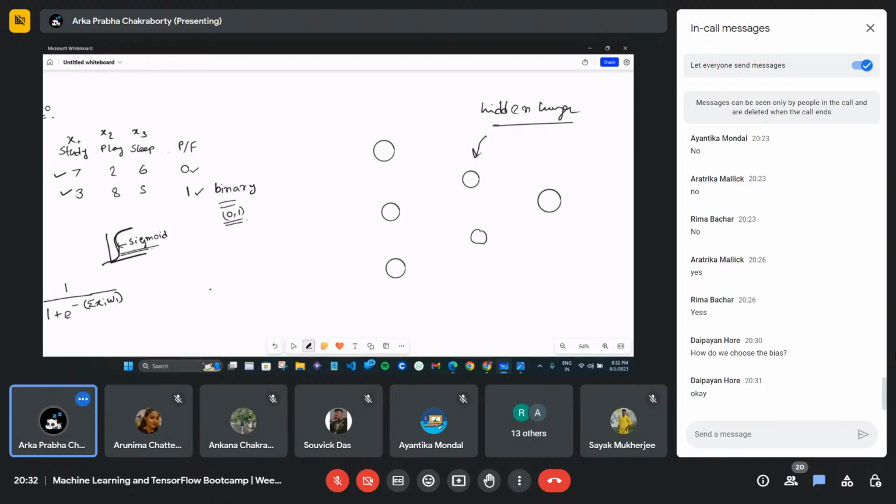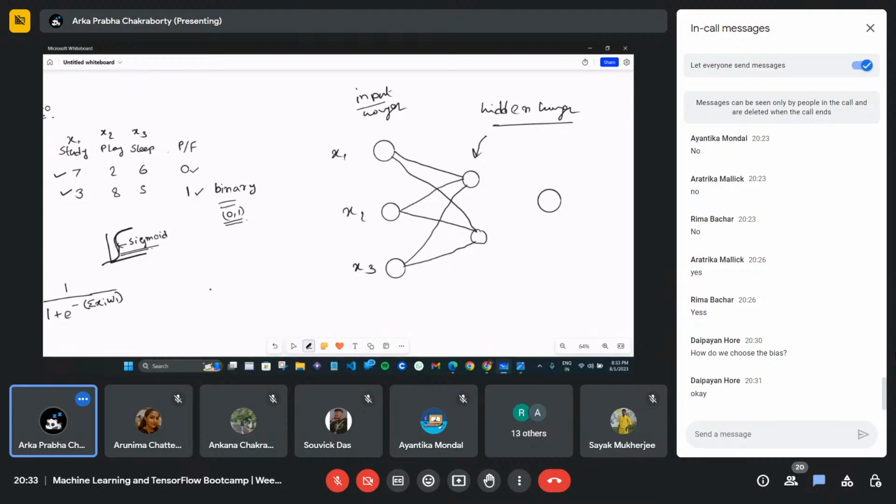And these are my features, the input layer: this is x1, this is x2, and this is x3. Let me connect each neuron. It looks something like this. We have to connect each and every neuron.